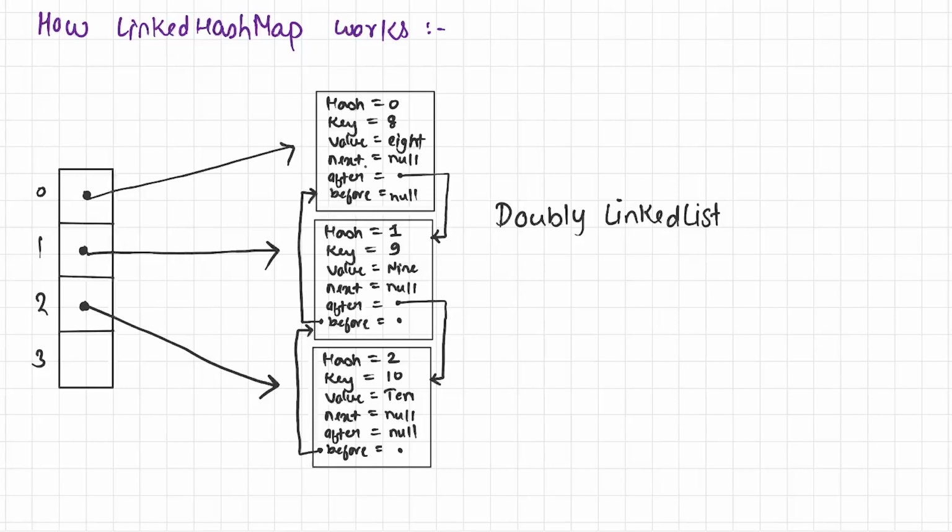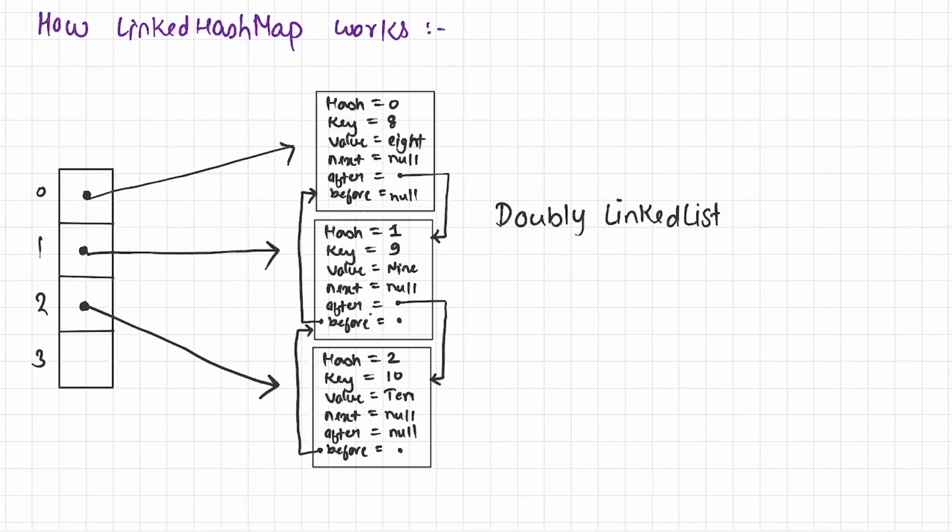So far so clear. Now let's imagine that the third node you are going to insert in the LinkedHashMap is this one, with key 10. In that case, the after field of object 9 is going to store the reference of node 10, and the before field of node 10 is going to store the reference of node 9.